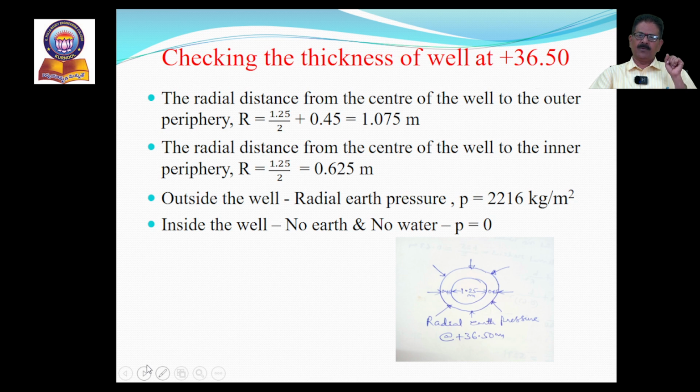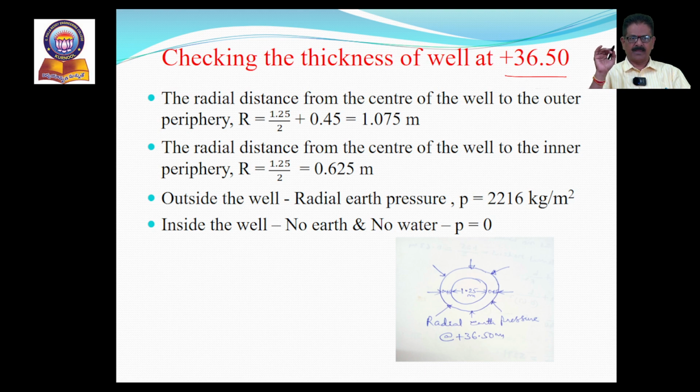So therefore 1.075 meter is the radial distance from the center of the well to the outer surface of the well at this particular level, 36.5 meters. Is it clear? This is the most important parameter. We have to calculate this radial distance very carefully to determine the earth pressure or the hoop